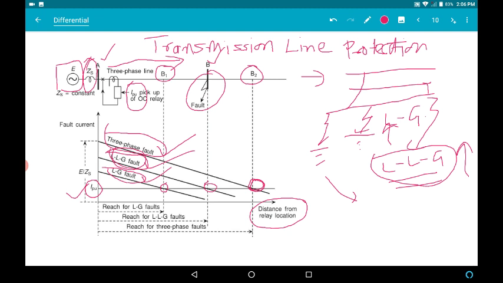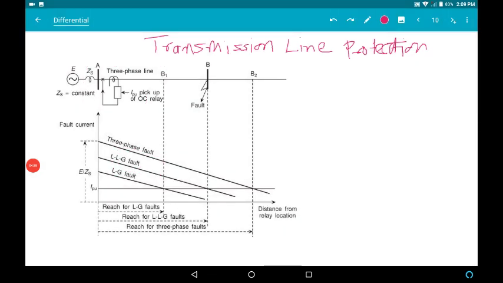So this is the problem with the overcurrent relay, that you can detect the fault up to a particular point based on the type of fault. So if it's a line to ground fault, then the relay will underreach. Now what is underreach and overreach, I'll just tell you in a moment. Okay, so friends, we have seen how the distance is impacting the magnitude of the current for various faults, and because the current reduces based on distance, our relay will operate differently for different types of faults.